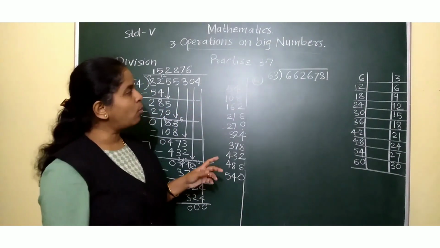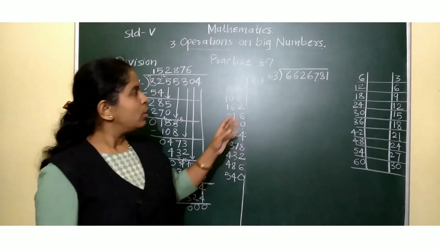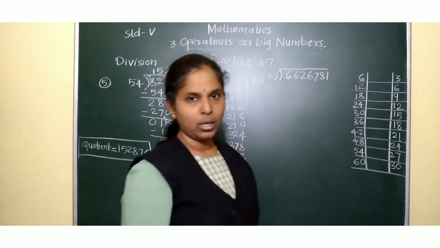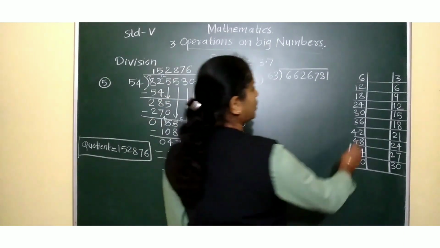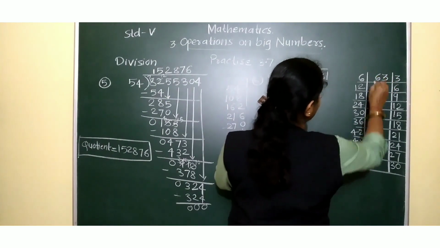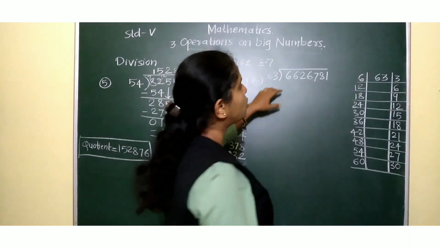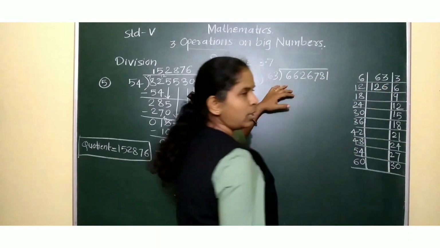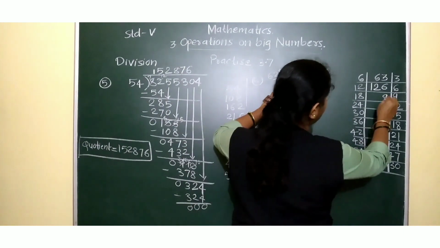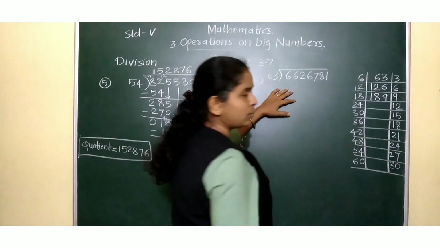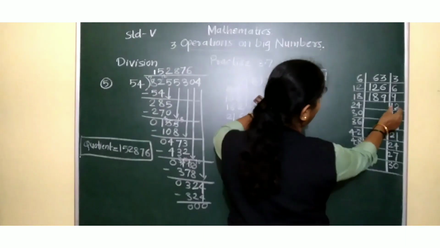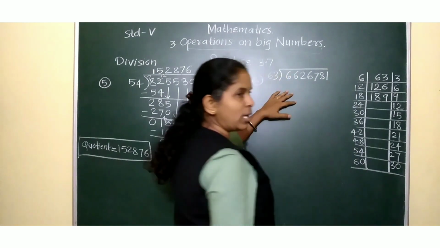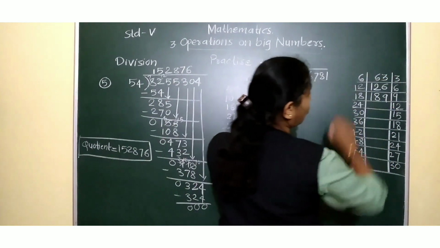63. I told you how to prepare the table. What to do? First, here write down the 6 table and here write down the 3's table. Then next is what? See here. This 3 and this 6 make 63. Correct? So, this 6 right here and this 12. Okay. Then, this 9, this 18. Now, here see. 12 is there, here 24 is there. Correct? 6 is there at 10's place and 3 is there at 1's place.